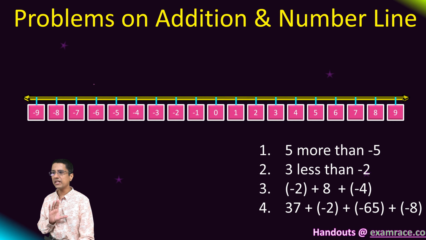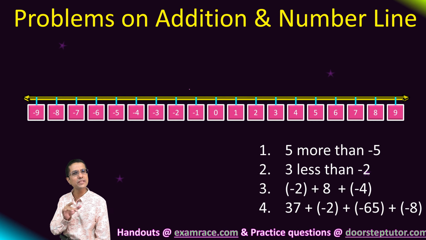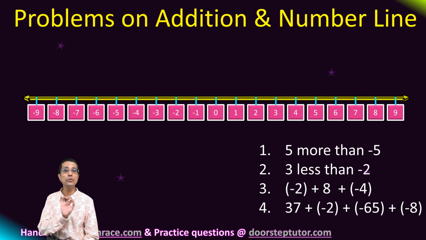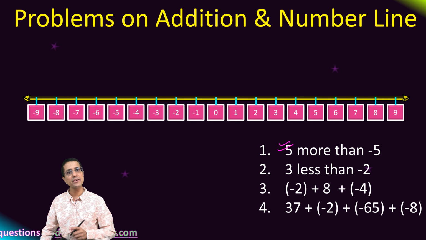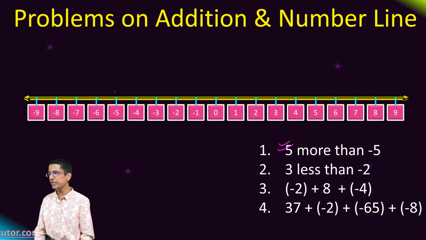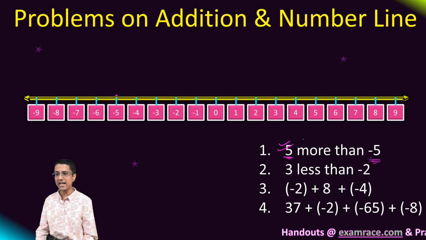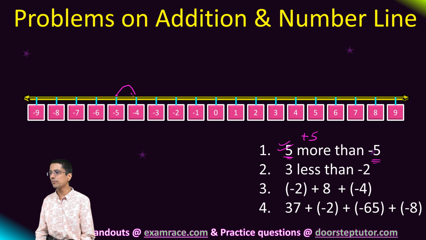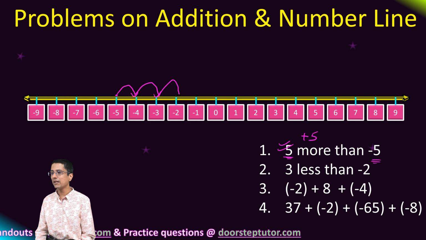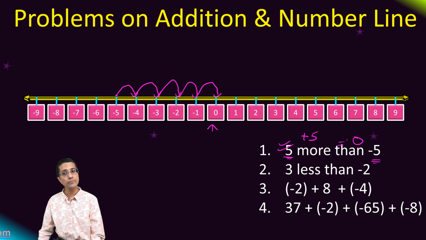The first two problems that we'll deal with are the problems of the number line. They don't have to do anything specifically with the addition, but they are just about understanding how the number line of the integers really works. The first problem says, let's find a number which is 5 more than minus 5. So we start with the number minus 5, and I have to do 5 more, which means that I have to add plus 5. To add plus 5, we know that we have to jump towards the right by the magnitude, that is by 5, and when we do 5 jumps, we come to 0. So this answer comes out to be 0.